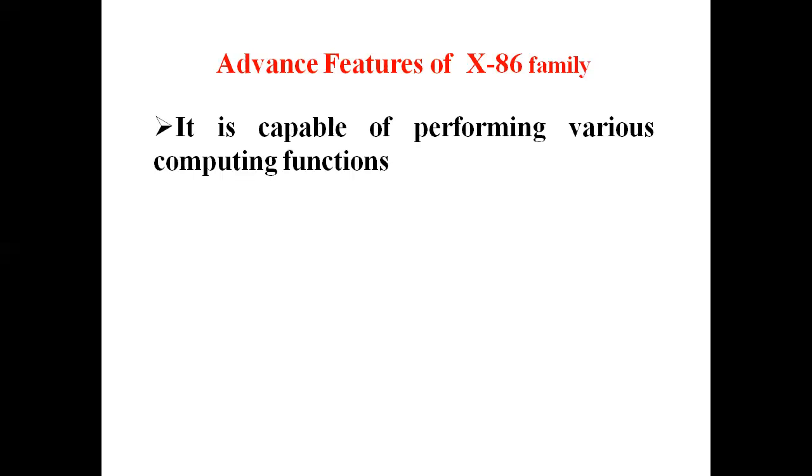The first one is that it is capable of performing various computing functions. Computing means the use or operation of computers. It can be achieved by the combination of special instructions and special hardware and software. Actually, the microprocessor controls all the functions of the CPU of your computer or devices. So the microprocessor functions as the brain of the computer. The entire function of the CPU is controlled by a single IC. So it is capable of performing various computing functions.